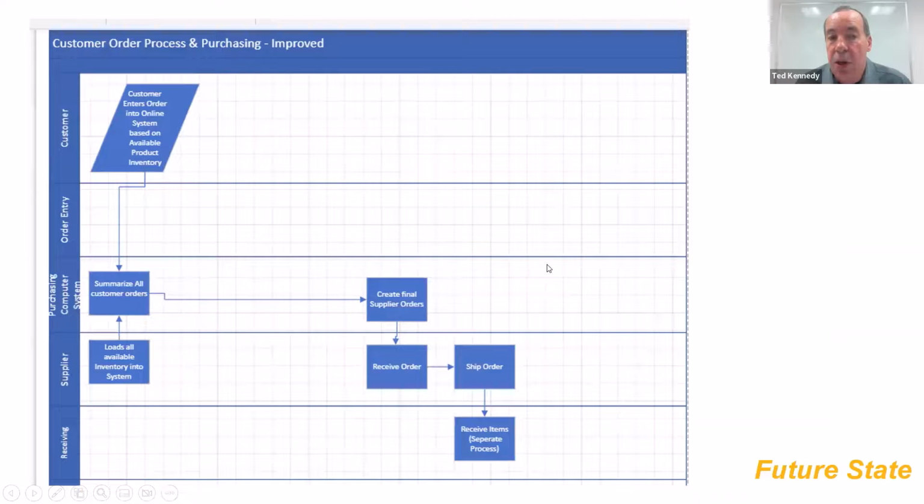Yeah, so this one is more like an online ordering system where the customer goes into your online system, and they can see what is available, and they order only what is available. That very easily creates a final order to your suppliers and what is needed from the suppliers. So with this one, the supplier can load what they have available into your system. The customer orders what's available, and the suppliers will send in what is needed, and it's shipped out to the